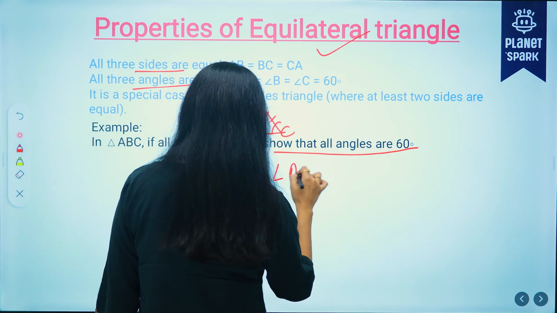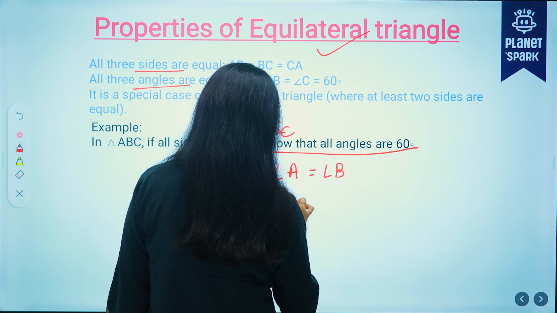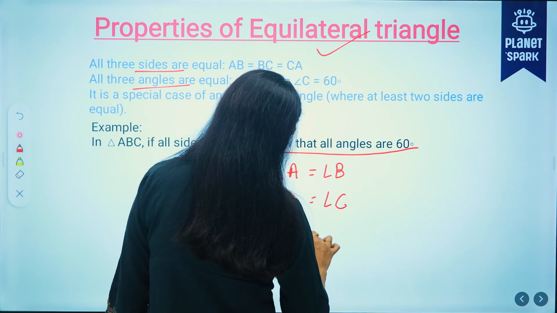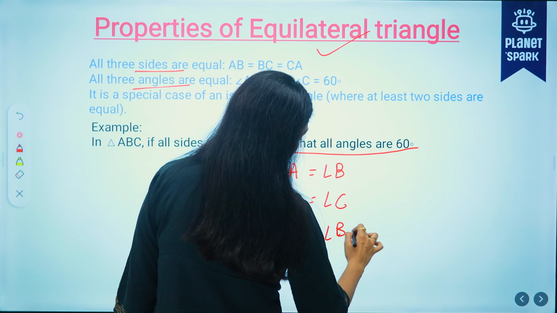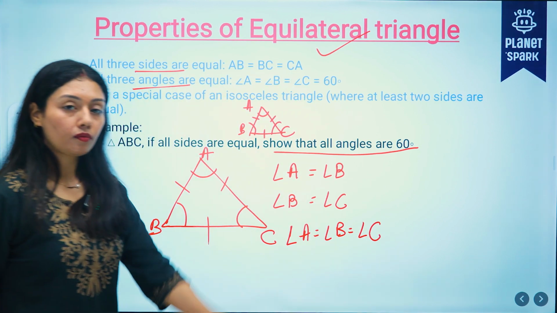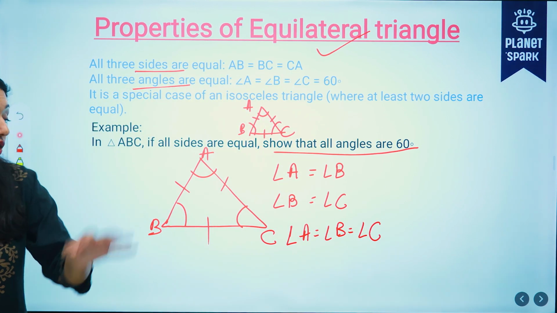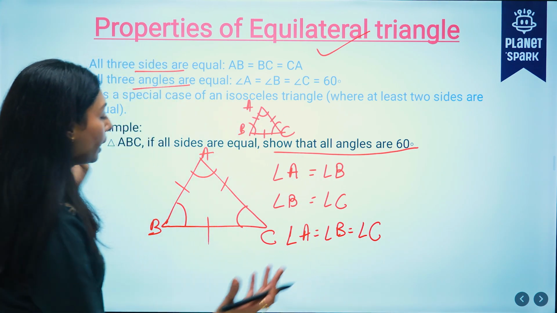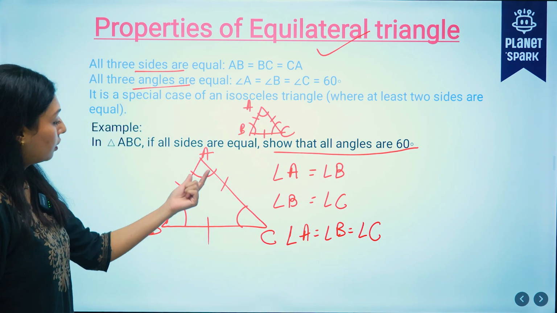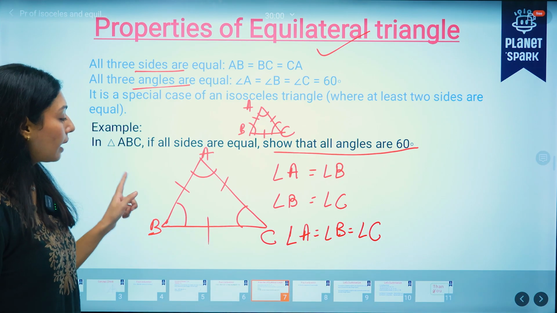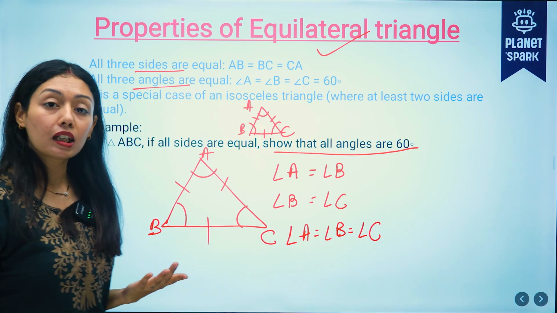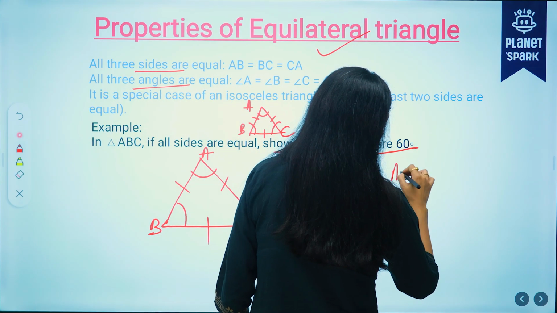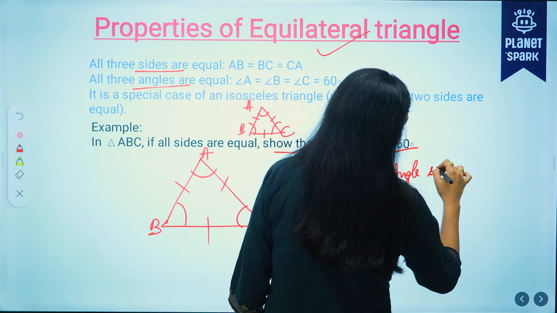So from here we will get angle A is equal to angle B. Angle B is equal to angle C. So we can say angle A is equal to angle B is equal to angle C. We just proved this, right? Directly कहाँ से आ रहे हैं angles? Equal आ रहे हैं. From the property we can show there. In pairs we can consider the sides there और उनके opposite angles हम equal लिखेंगे. So we'll get all the angles equal. Then we'll apply the angle sum property.